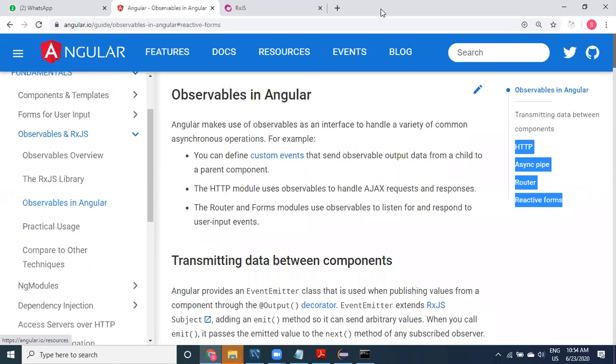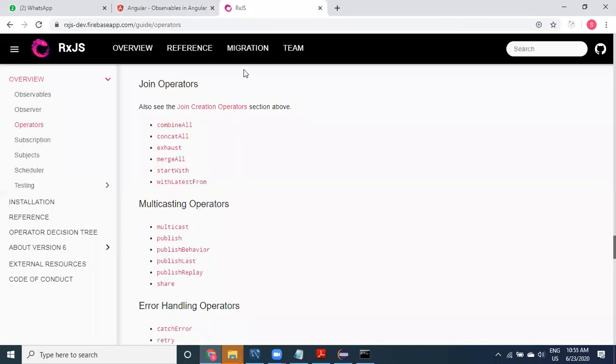Why have I shown you this RxJS? In future, if you want to implement complex operations, you can come here and verify which operation is suitable for your requirement. This is the official website from RxJS.